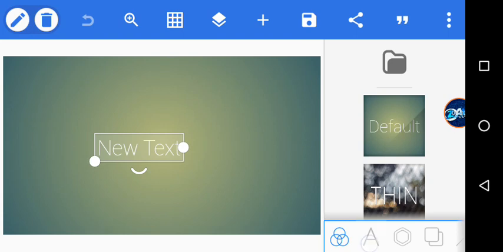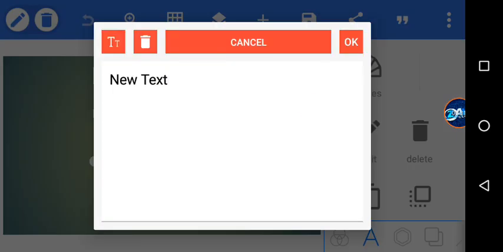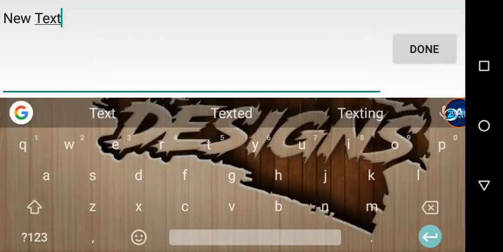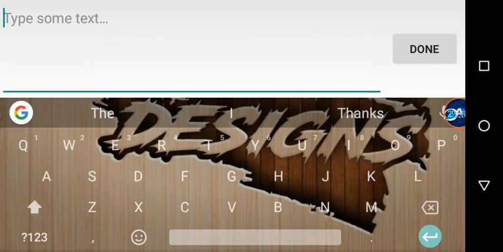Now we're going to go over to this text. Let's edit this text we have over here. We're going to tap the text icon. Let's edit the text a little bit fast, right? So we're going to give it a new text. Let's go ahead and write